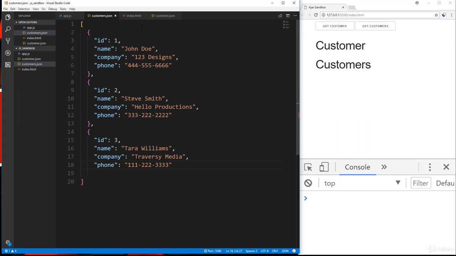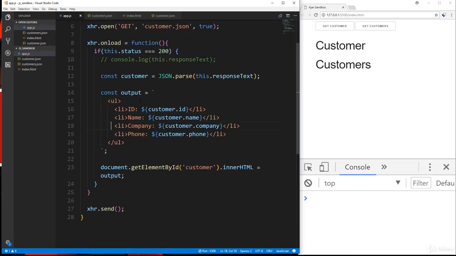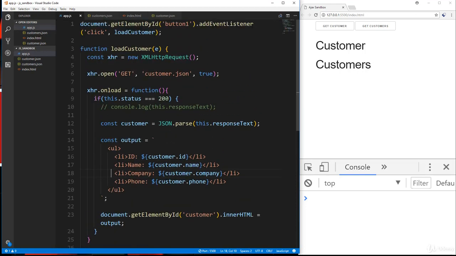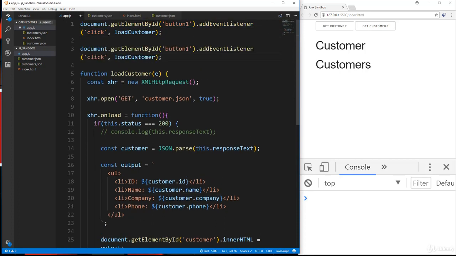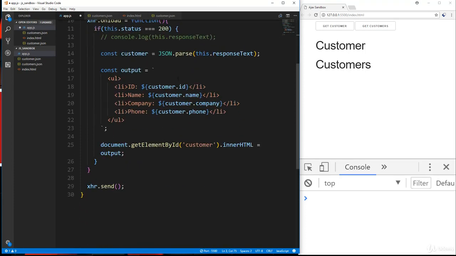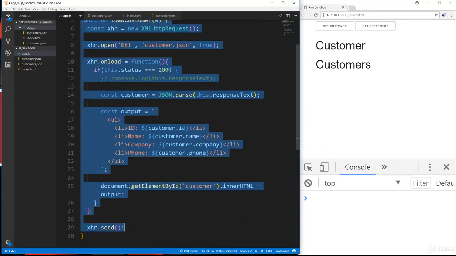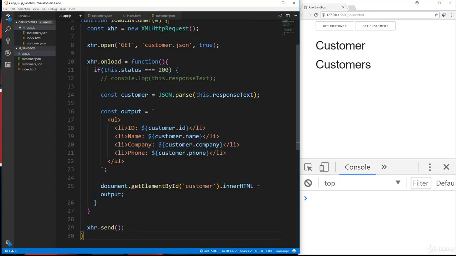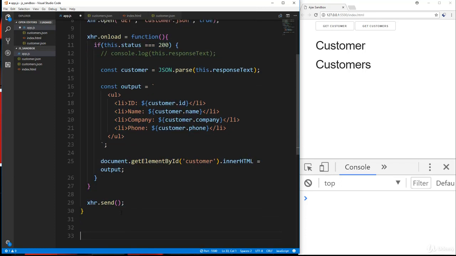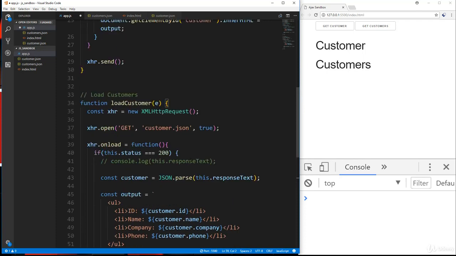of JSON objects. So let's go back to app.js and let's create a new event listener. I'm going to copy this one here, and we're going to listen on button 2, and we want to call load customers this time. Okay, now I'm going to copy load customer because it's going to be kind of similar, so we'll copy that. Let's actually put a comment here. We'll say load customers